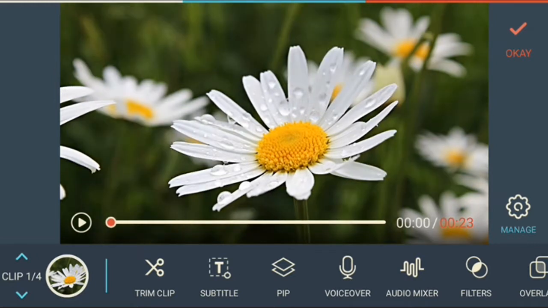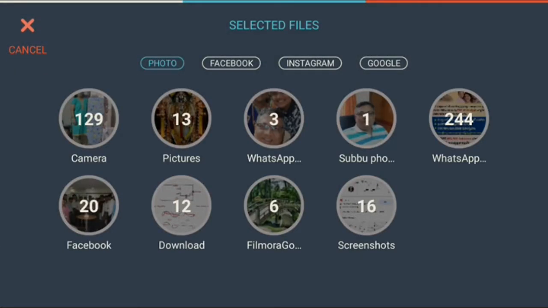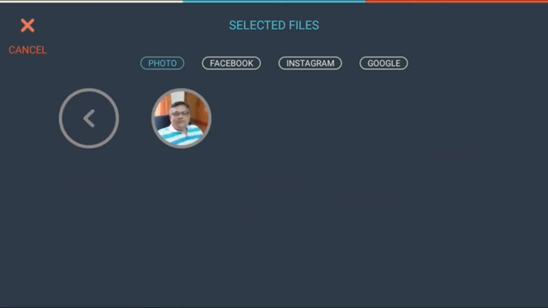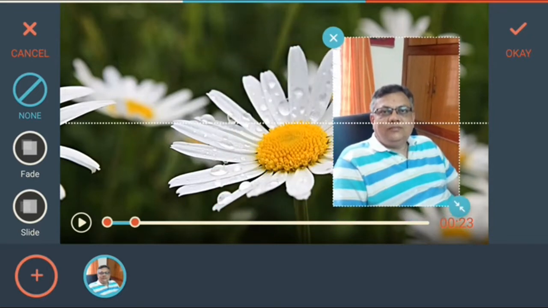Now comes PIP. PIP is picture in picture. Clicking on PIP, you can add with a plus button, and say if you want to add another photo, then click on this photo, and this will be applied as picture in picture.